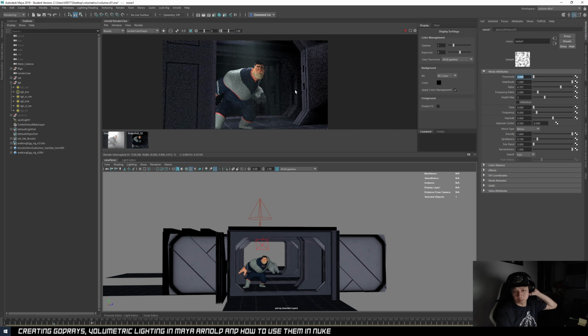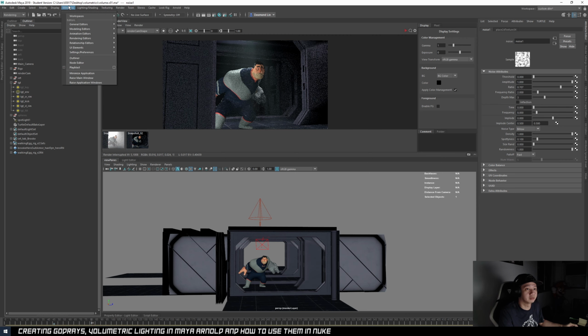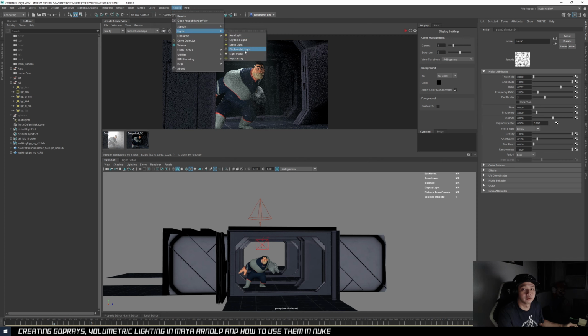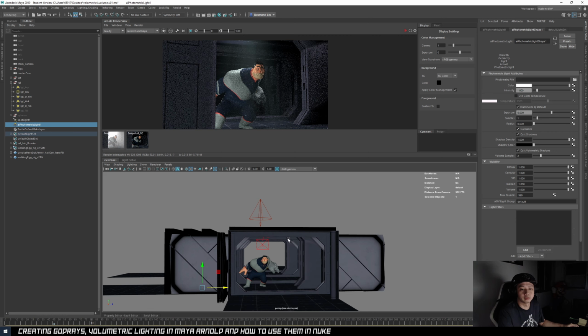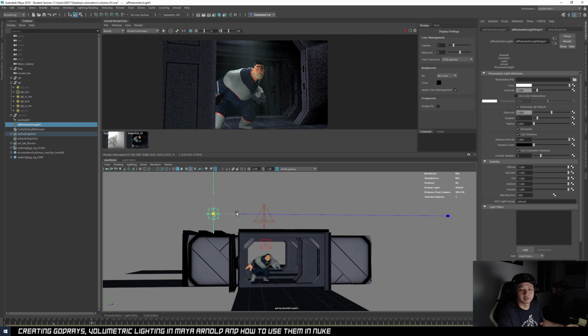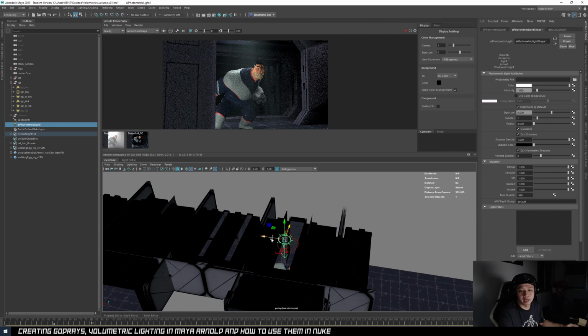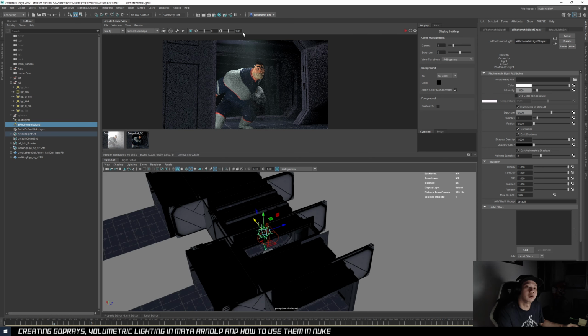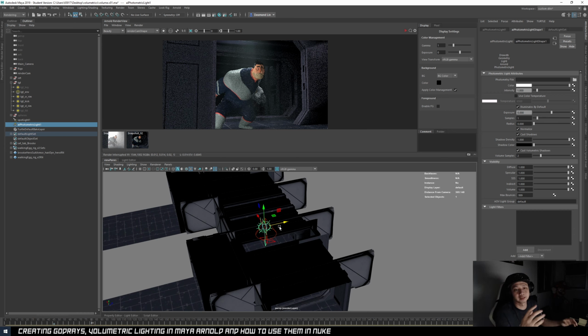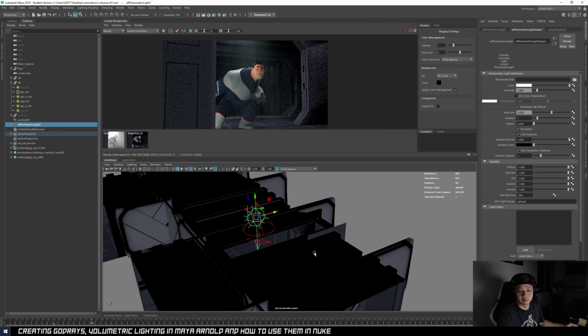But I want to use this opportunity to also introduce IES profiles, basically your photometric light. Inside Arnold lights, there is this photometric light, which will require you to have an IES profile, right? Why I want to recommend it is because with an IES profile, you get a more stylized volume, more details in your volume, because the IES profile actually has the patterns within the lights and that pattern will contribute to how your volume will look. I will just show an example.